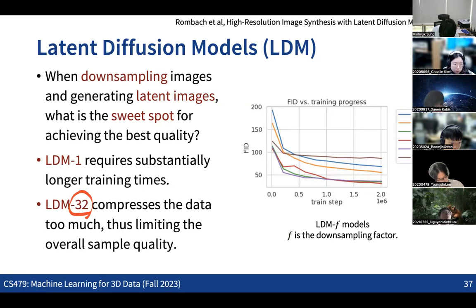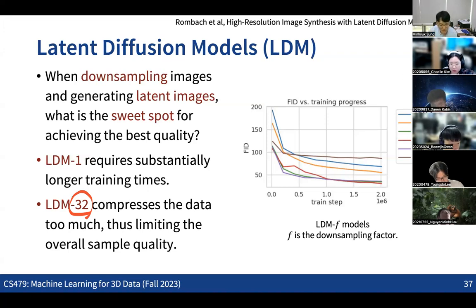So basically, there will be a sweet spot where we are not losing that much information in the autoencoding process, while also reducing the training time. So that's the idea. And the typical solution is that if you choose a downsampling factor of 4 or something, then you can typically get good results in the trade-off, not losing that much information in the autoencoding and also making the training time much faster, like two or three times faster than typical diffusion models.